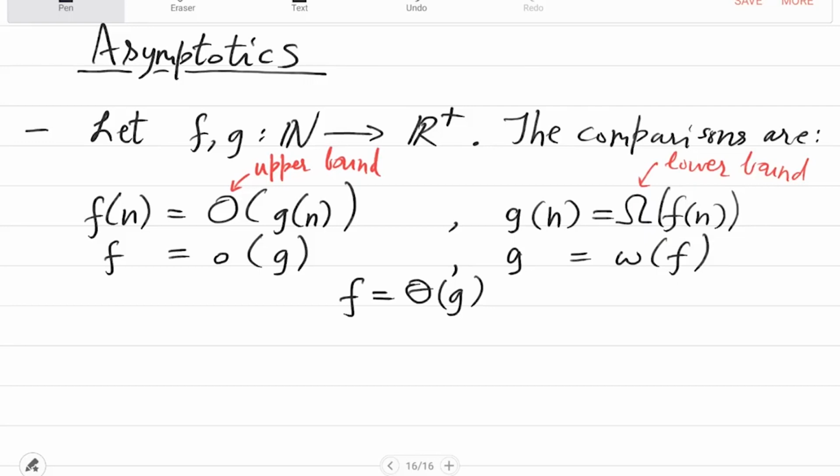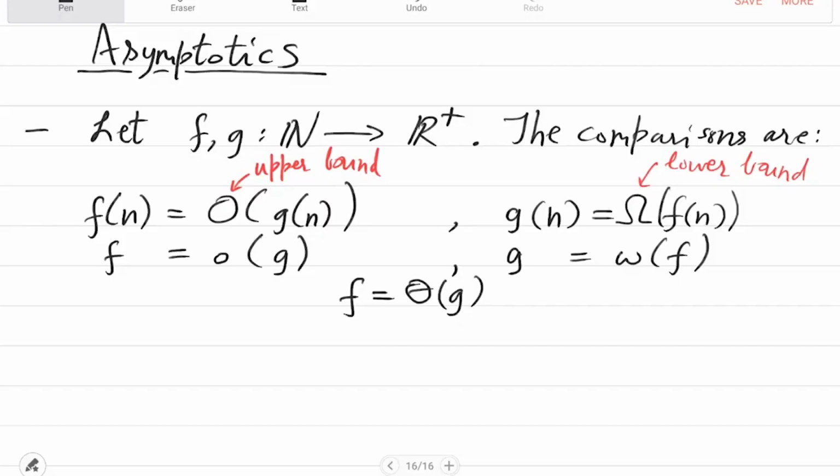But this is not used so much. We don't use theta so much because our problem in life is that we never know about lower bounds. Okay, so we only give algorithms which give you an upper bound. The algorithms never tell you what is a lower bound. So the lower bound may be something very, very small, and you may be spending a lot of time in the upper bound. So the gap is always very large. So theta is very sparingly used. Big O is used most often.